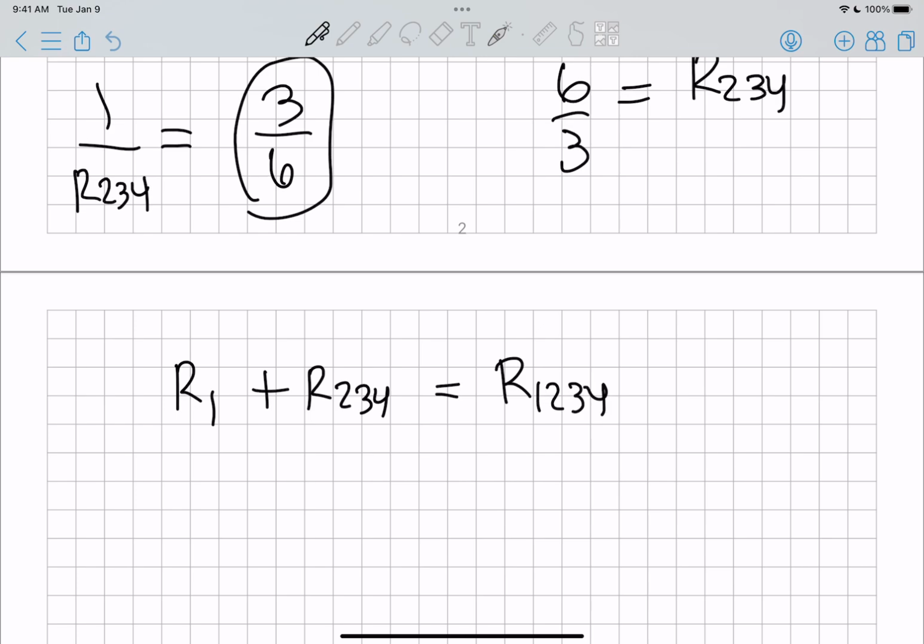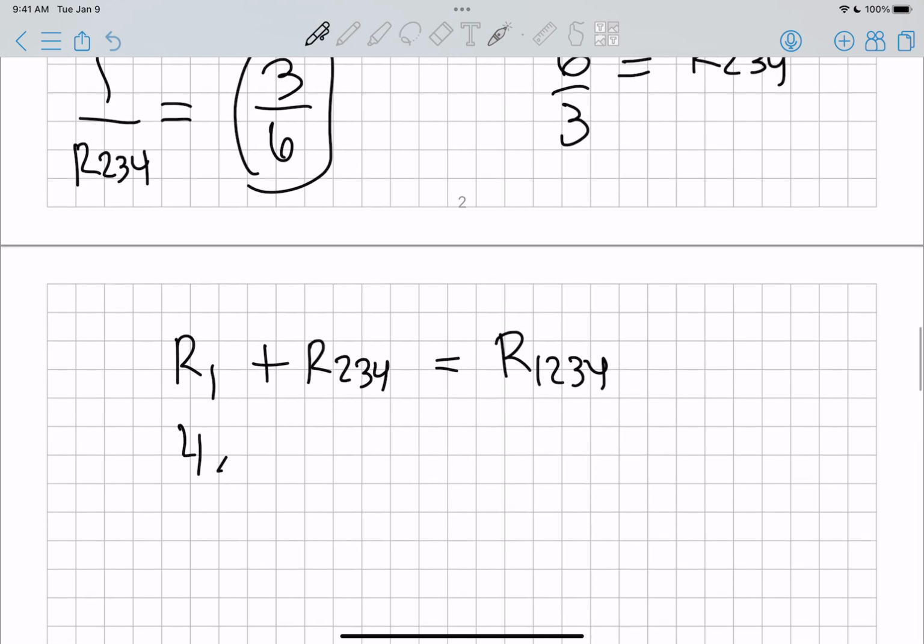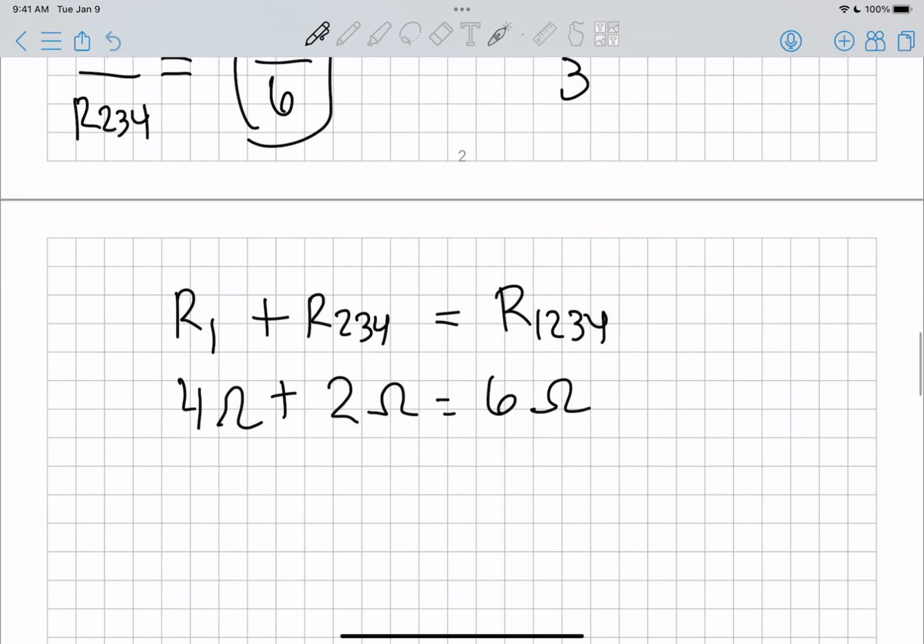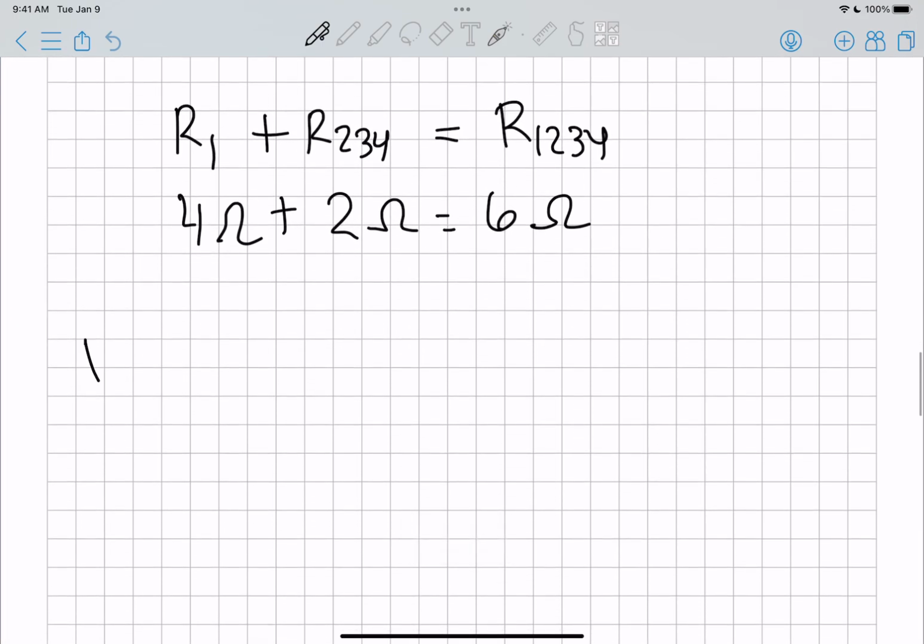Exactly. R1234, right? So R1 is 4 ohms, R234 was 2 ohms, and now this whole thing is just equal to 6 ohms. Boom, done. That's part A. Right? Now, part B